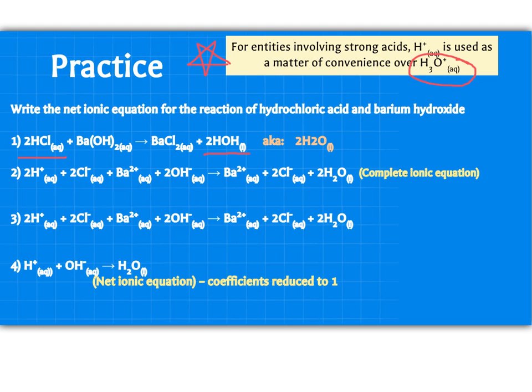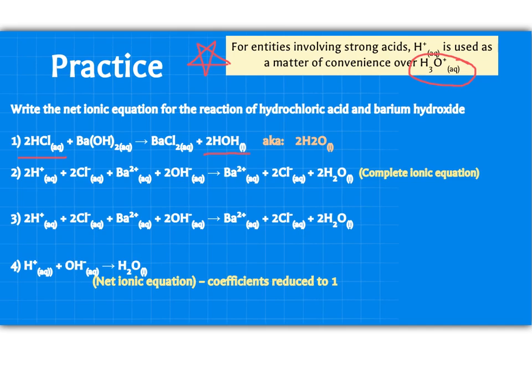we're actually making hydronium. In this unit, for convenience's sake, we're going to use H+, which means we're going to be making water. It makes our reactions a lot simpler to deal with. Again, we have to be very careful in our first reaction to make sure that we get our states down